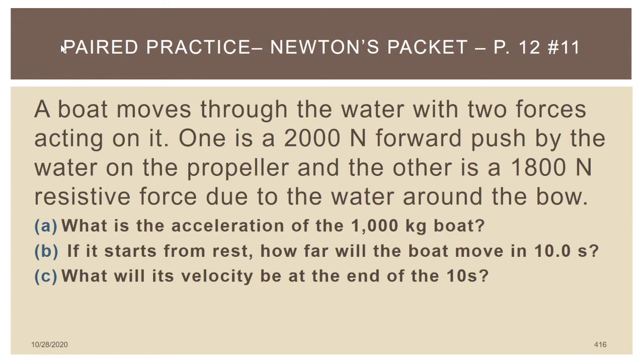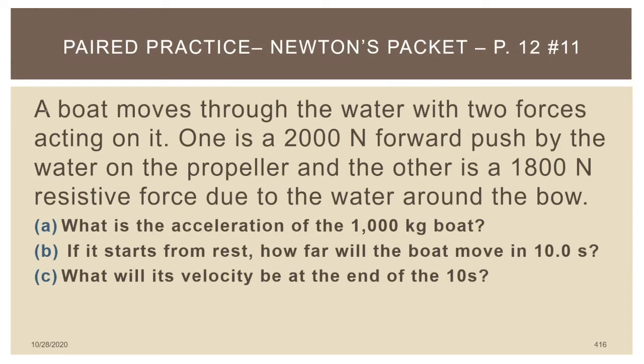Okay, so the first thing you may have realized in trying to solve for the acceleration of this boat here is that it probably might have been helpful to draw a diagram for this problem. And you'll see this come into play a heck of a lot here in this unit. So it says here we've got this forward force, we'll just assume the boat is going to end up moving this way, of 2,000 newtons. And we have this resistive force, which it should be clear means that's going in the other direction, of 1,800